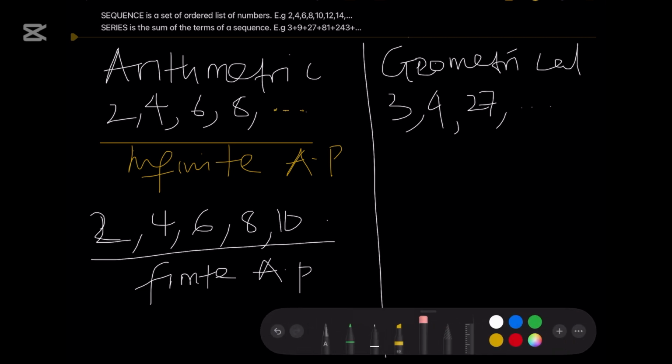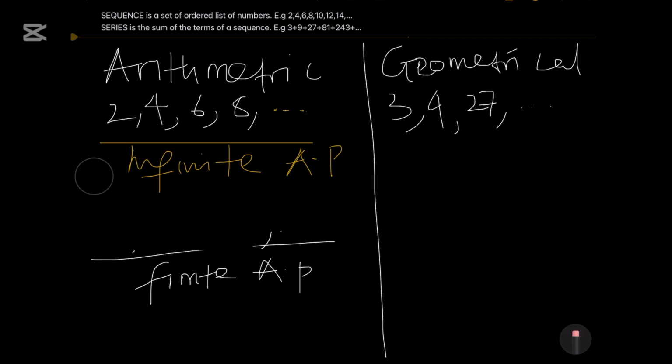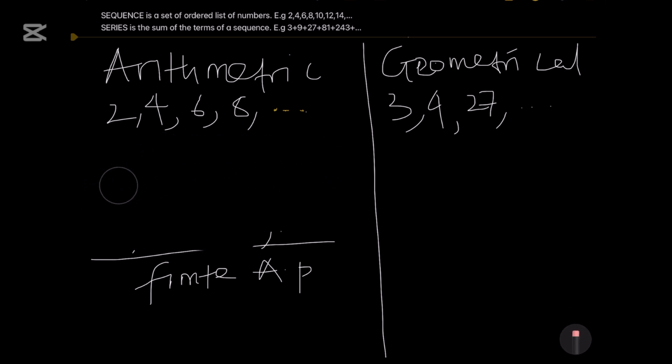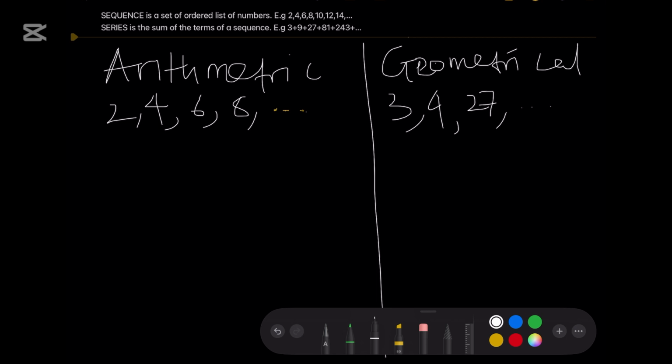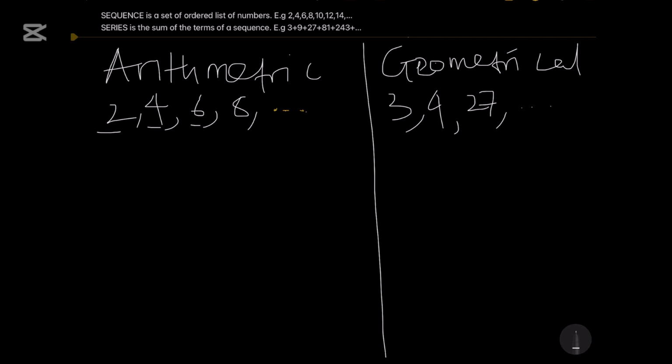So now let's take a look at the terms used in an AP, that is in an arithmetical progression, and in a geometrical progression. What are the terms we use? Now we have this. Each of these numbers is called a term. They are all called terms. That is the list. Each of those numbers is called a term of this arithmetical progression,